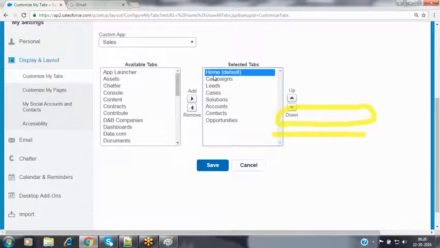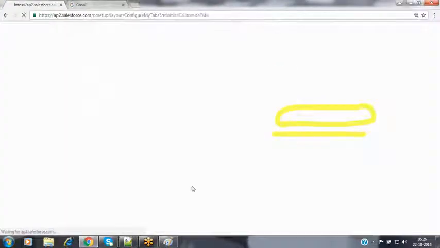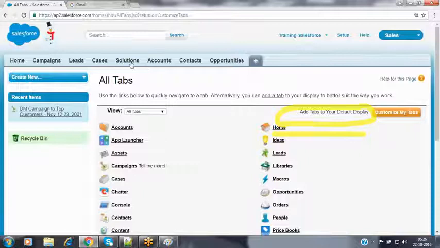Now we have customized the home tab, and then campaign, and then lead, and then case, and then solution, and then account, contact, opportunity. Now click on save. Then whatever order you have specified, in the same order the tabs will be arranged for you, so that we can customize your tabs based on your requirement by using the customize my tabs button. So that we can select which tabs are visible on the tab bar, and in what order the tabs are visible, with the help of the customize my tabs button. Okay, clear as of now?